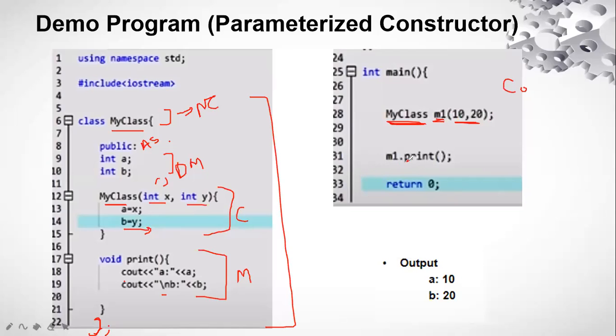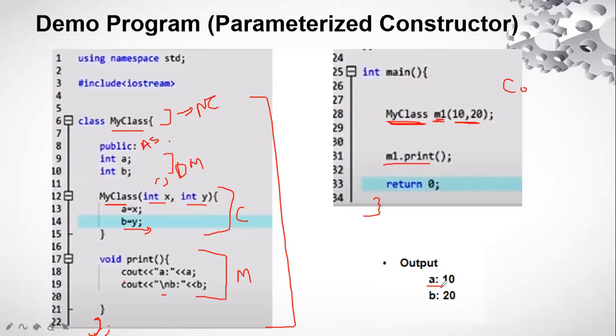And now I'm going to call this particular function for M1. So M1 dot print braces, semicolon, and return 0 and closing of brace. This is what we have done. Now see, when it moved to int main, this particular constructor is called by default with the parameters 10 and 20. M1 is the instance of this, and M1 print will move to this particular part and it will display